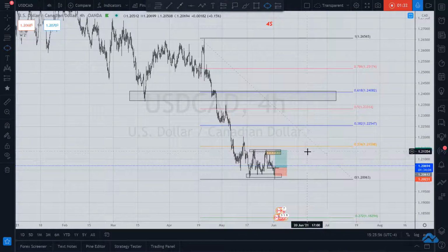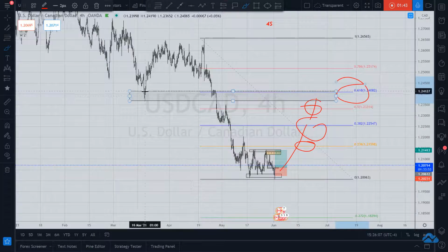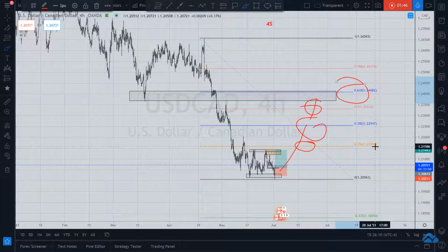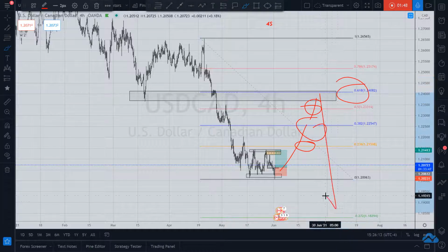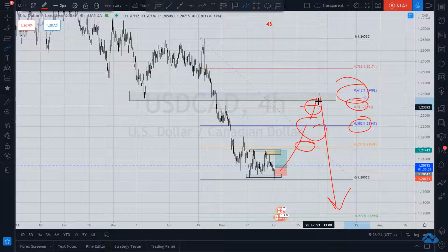Let me get this out of here, man. This is driving me crazy. I'm looking for price to come up here, here, or here. If it comes up to this area I have blocked out, which is the 618 golden ratio, all the better. Then we could take price all the way down to Chinatown. But if it stops at the 382 or the 50, that's fine. All I need to see are my confirmations at these levels, which are bearish price action. I need to see that bearish engulfer after some rejections, or the bearish momentum candle.